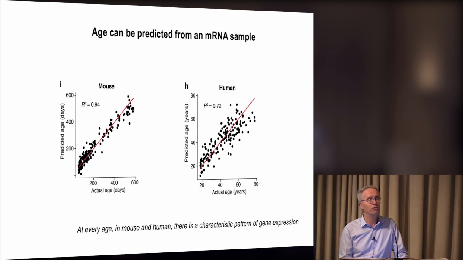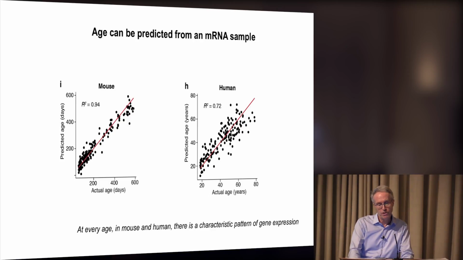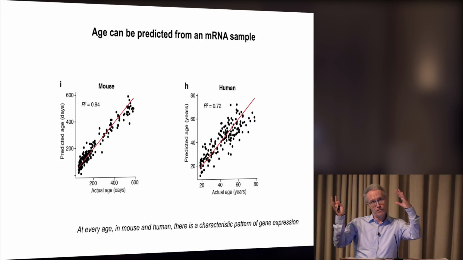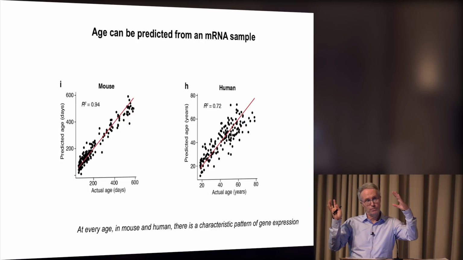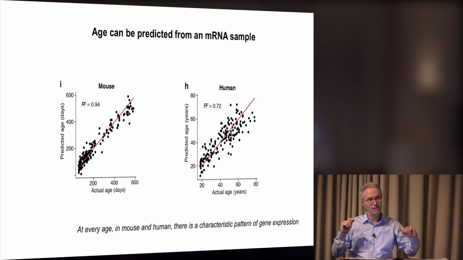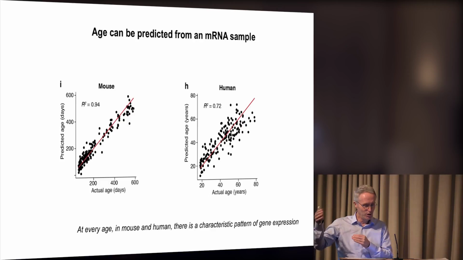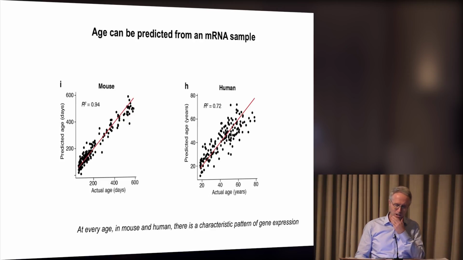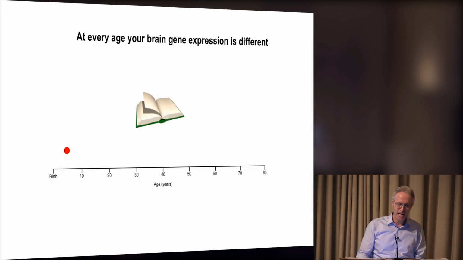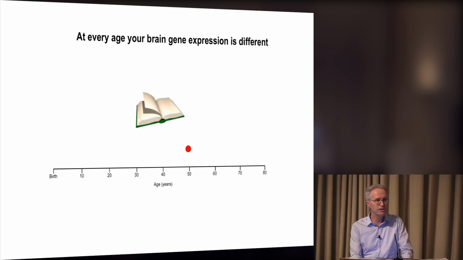And if you wish to read much more about the details of this, I refer you to our eLife paper last year, because we have analysed the molecular details of these trajectories across the lifespan, and they are the same types of trajectory in a mouse, which only lives for 2 years or less, and a human, which lives up to 80 years. And it's the same genetic program that is going on in both species. What this tells us then is that at every age, your brain gene expression is different,